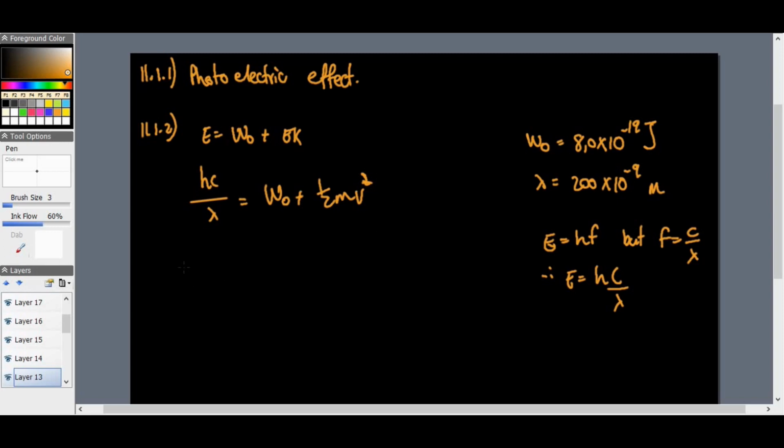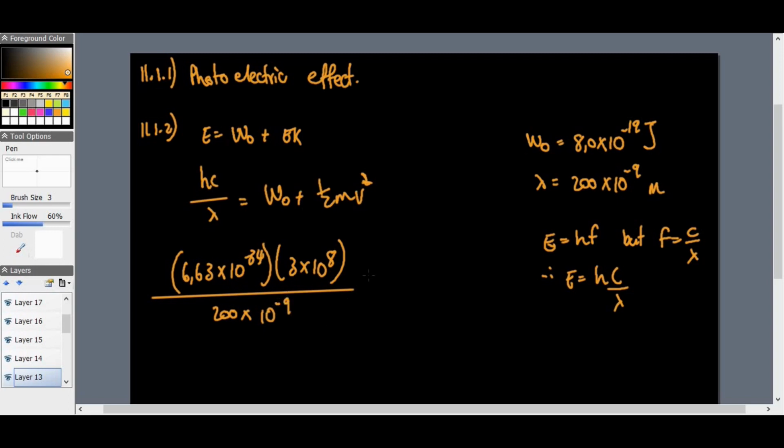Planck's constant, 6,63 times 10 to the power of negative 34, I'll put this in brackets, times the speed of light in a vacuum, 3 times 10 to the power of 8, all over 200 times 10 to the power of negative 9, is all equal to the work function, which is 8 times 10 to the negative 19, plus